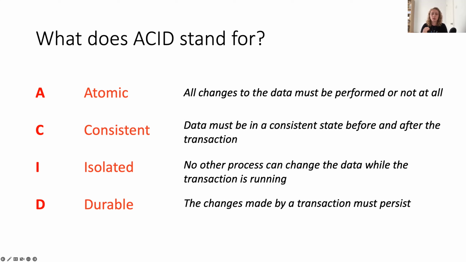And then durable: the changes made by a transaction must persist. And this is kind of the same for all transactions, otherwise there'd be no point in the transaction. So they're either going to go ahead or not at all. If they go ahead, they have to persist the changes. And this is a very commonly used model in traditional applications. It uses something called rollbacks. So if, for example, your transaction can't be successful, it will use rollbacks to undo any actions that have been done as part of that transaction.